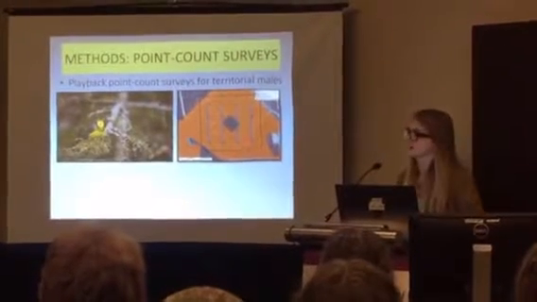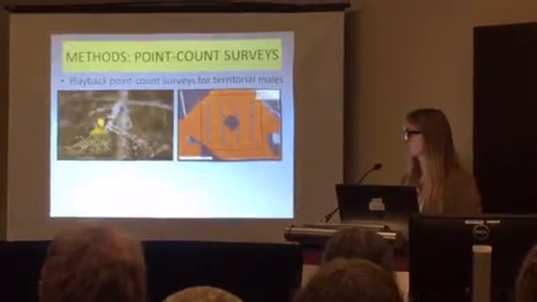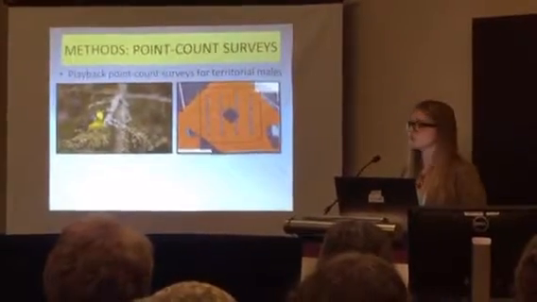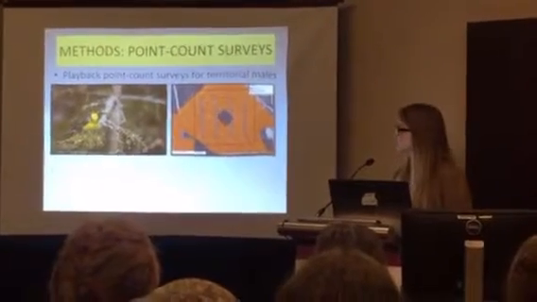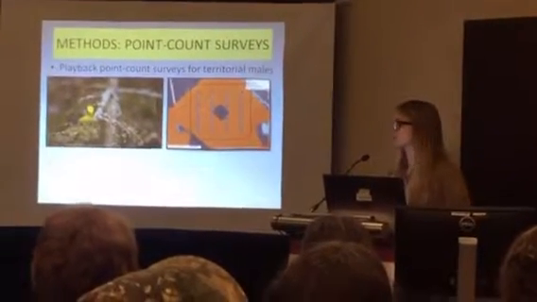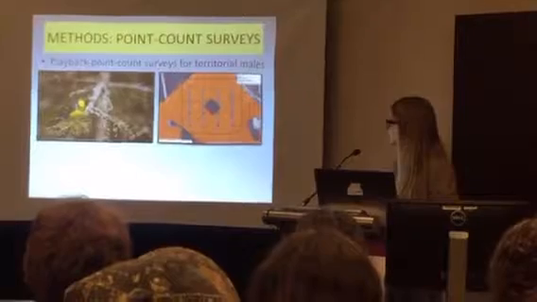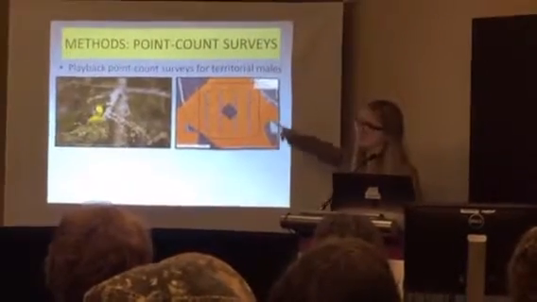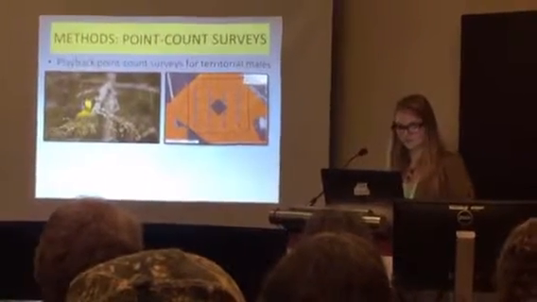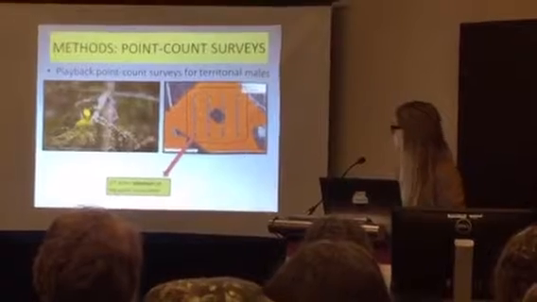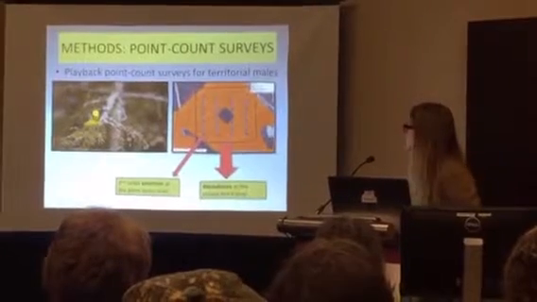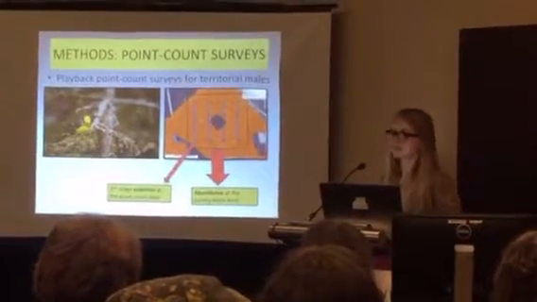And within each one of these study areas, we pre-selected 17-hectare survey blocks. These were selected along a gradient of amount harvested from 0 to 100%, from years since harvest, so from 0 to 30 years since the land had been harvested, and different configurations of the remaining stands of forest. And in each of these, we conducted point count surveys. So we walked along these 4 300-meter transects, and we conducted point counts at each of 100-meter intervals. So we got at second order selection, whether a male was detected or not at the point counts level. And then we counted the number of males found on the survey block for our abundance measure.